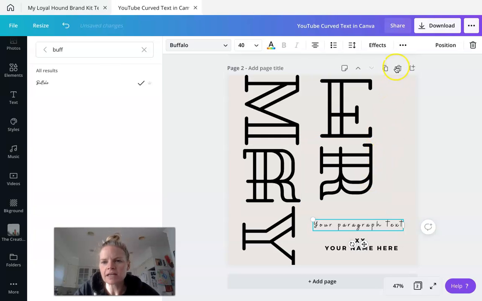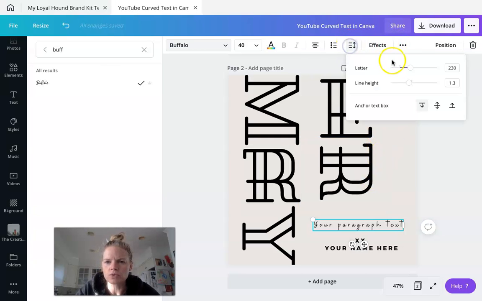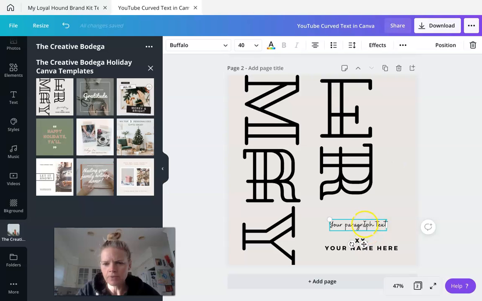And then I'm going to move the letters closer together. So I'm going to click on this right here, and you can see this little purple space. It's spaced 230 apart. So I'm going to bring that down. I actually want these pretty much touching like that, so more like cursive. And then I'm going to let that go. So the last thing I'm going to do is